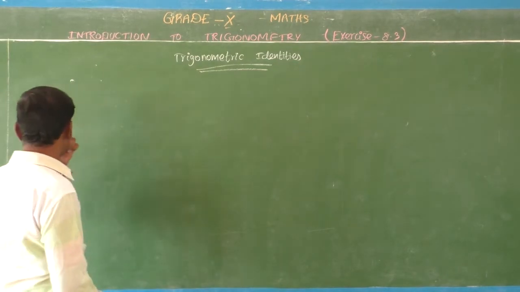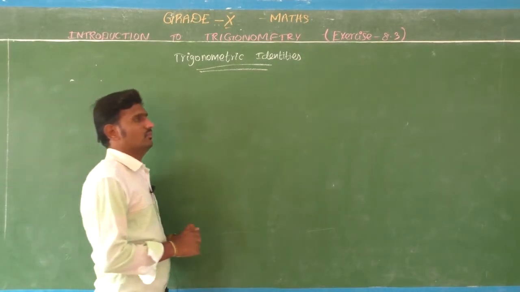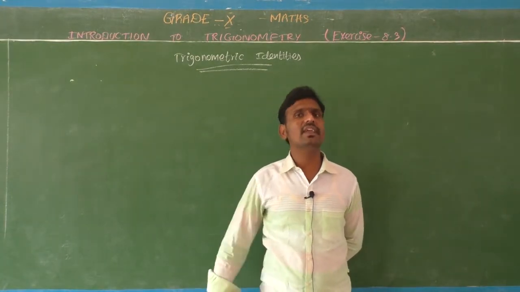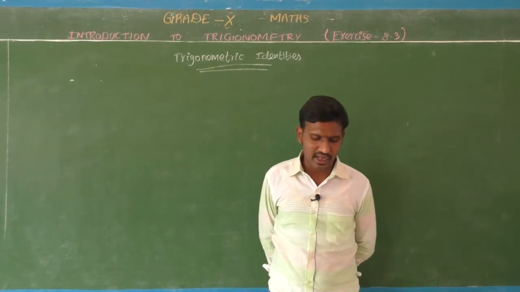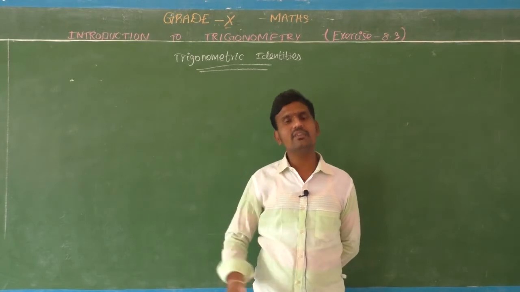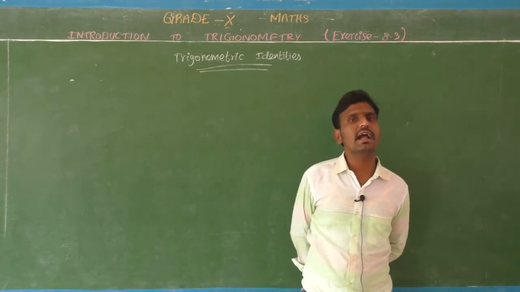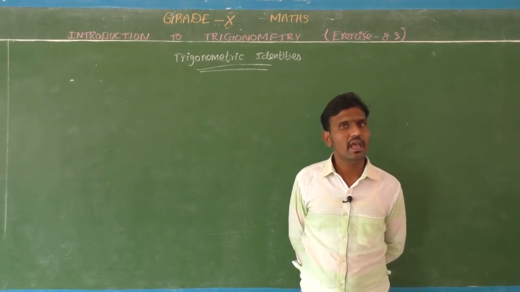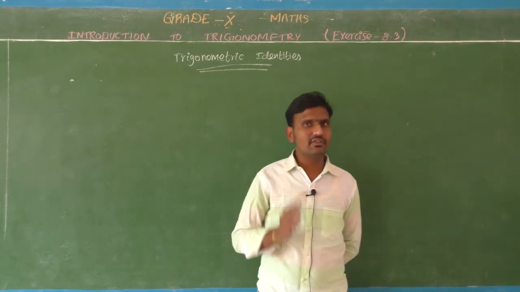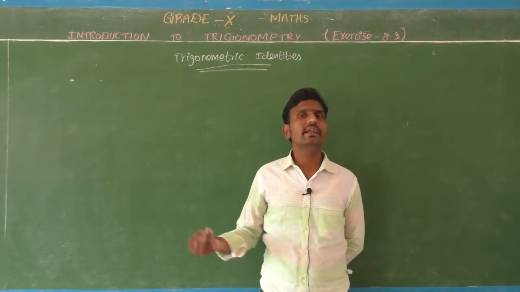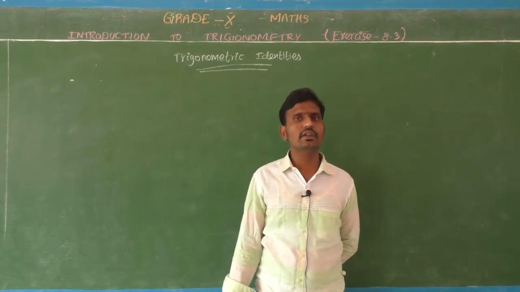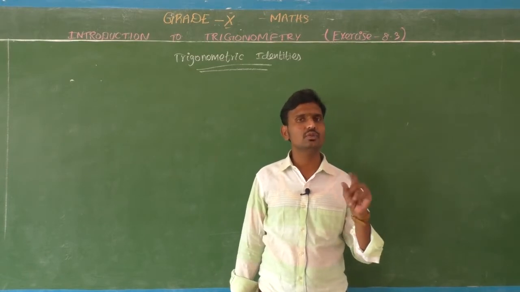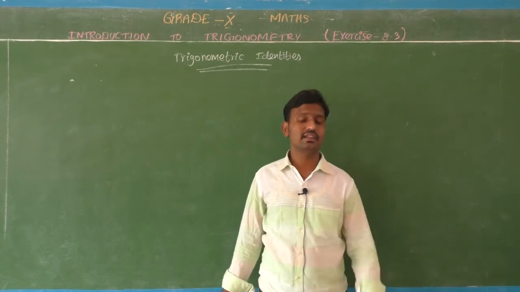Okay, students. Now, first, what is an identity? What do we mean by identity? An identity means an equation. Here, an equation which involves trigonometric ratios is called a trigonometric identity. Have you got it, children? An equation which involves the trigonometric ratios, only then is it called a trigonometric identity. We have three main identities, and each identity has two subdivisions. To frame that,